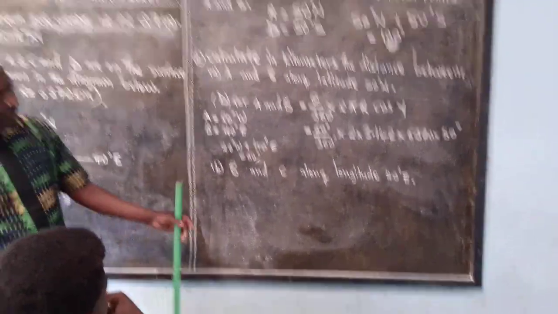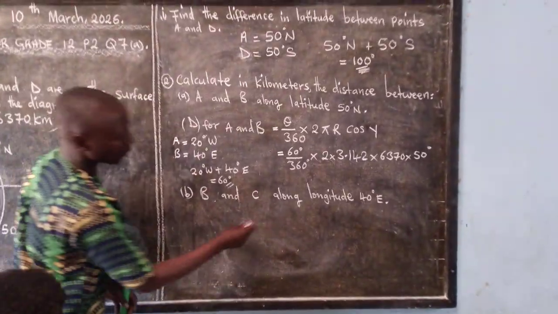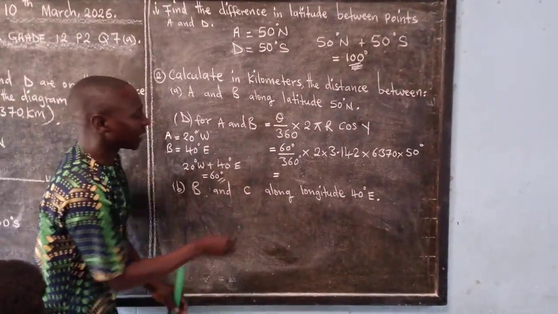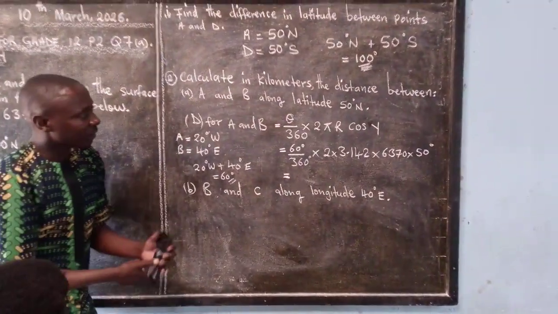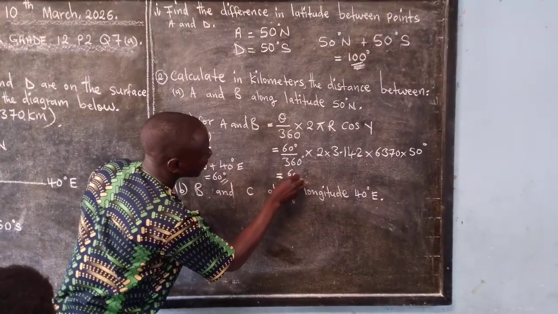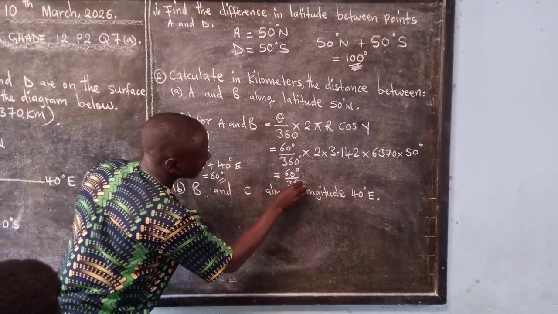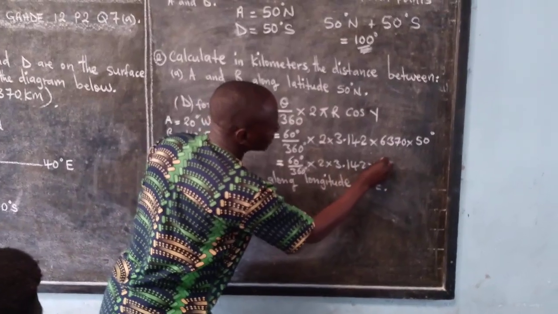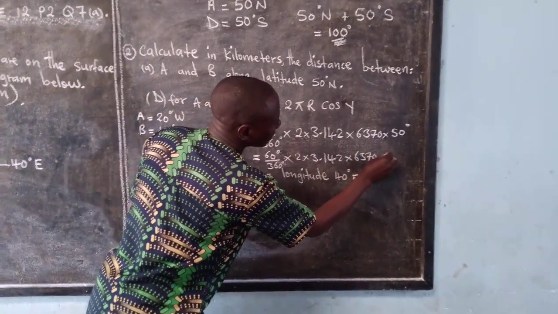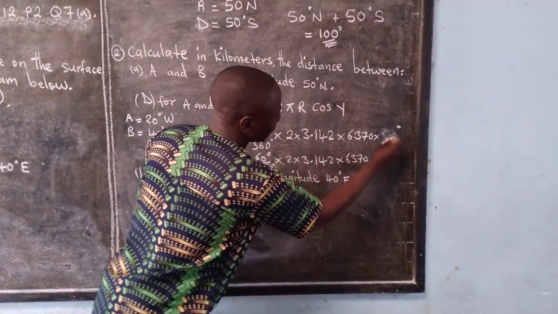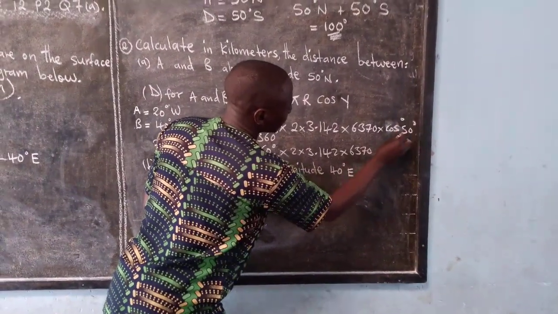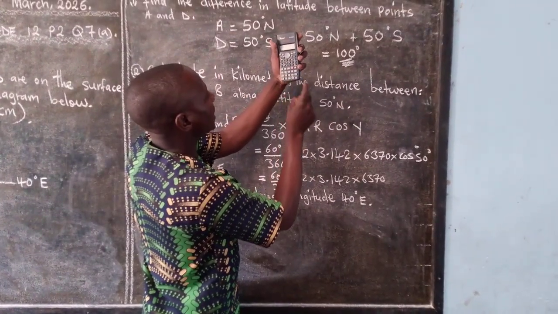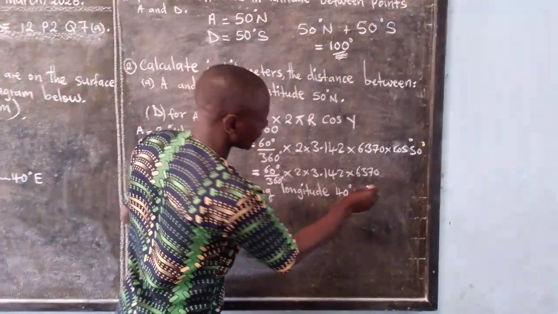We don't have space, so we are going to solve it from here. We'll proceed from here. When you calculate on your calculator, you need to write 60 degrees over 360 degrees times 2 times 3.142 times 63.70. Here we forgot the cosine, so put cos 50 degrees. Then find cos 50 on your calculator. Cos 50 degrees, the answer will be 0.643 times